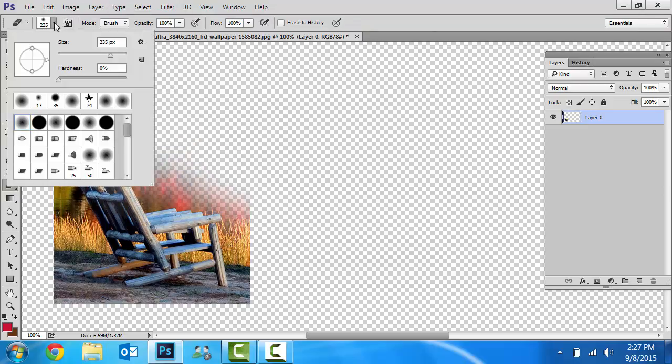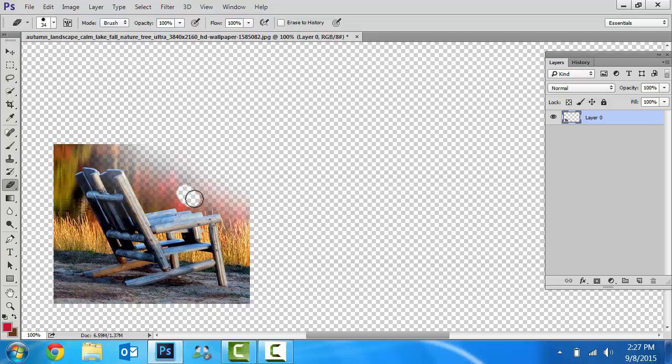But then if I really wanted to do it in a way that was a little bit more specific, use a harder brush, make it smaller, and really come in and try to erase things around this really specifically. If I really wanted to get detailed about it and I had little bits of pixels that I needed to erase, I could really zoom in on that